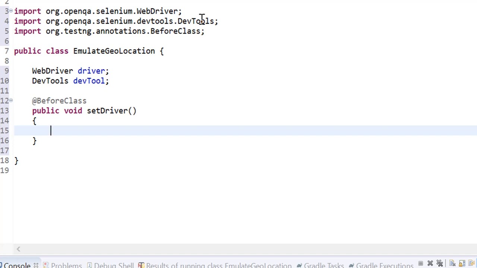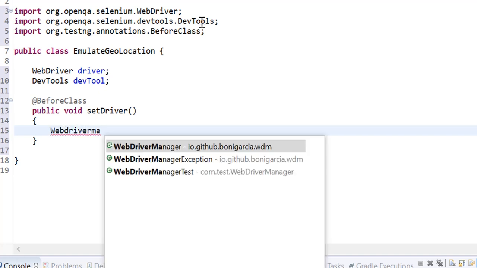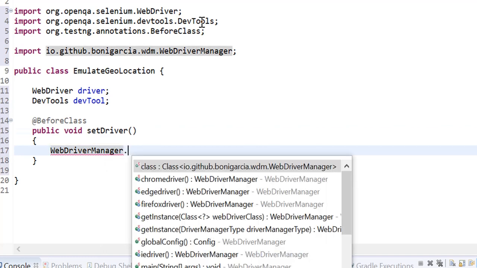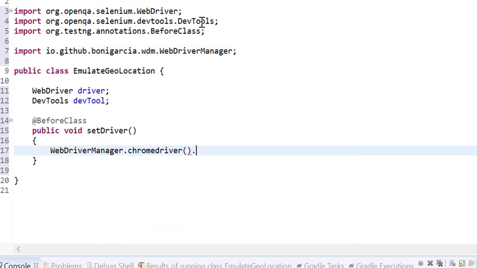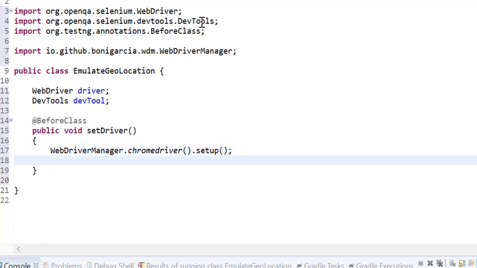I am using WebDriverManager.chromedriver().setup(). Let me cast the driver. Okay, before casting, let me say driver equal to new ChromeDriver.